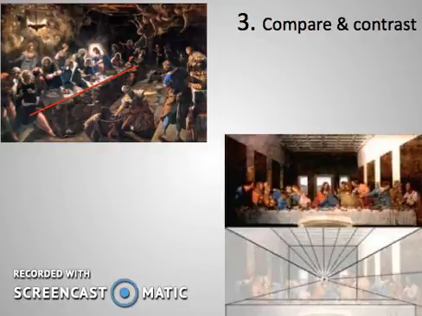Remember that Tintoretto separates the picture plane into the sacred, which is on the left, and the secular or non-religious, which is on the right. So the woman washing dishes and the cat jumping into the dishwasher. Then there's all these mystic elements, things we don't quite know what they are, because part of the Counter-Reformation agenda was to bring the mystery of God back to church, something that they were not interested in the North. One was a fresco, one is an oil, and there's just so many other things that you could say.